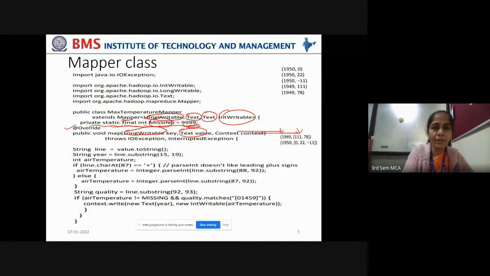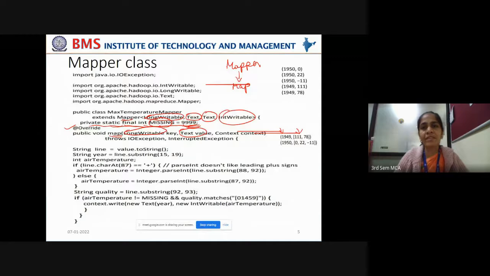Now we have given an annotation here, which indicates that the map function we are using is being overridden. The map function already declared in the Mapper superclass is now being overridden in the subclass that extended the Mapper class. I'm repeating this once again.